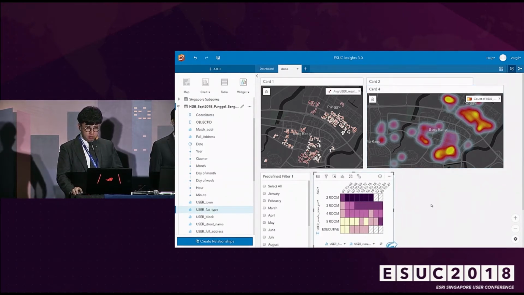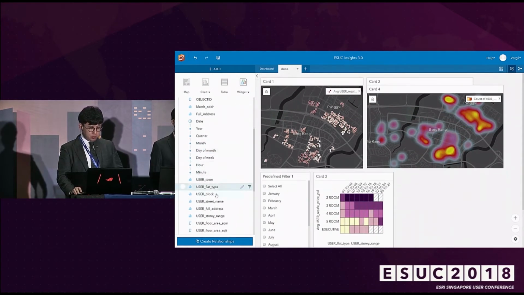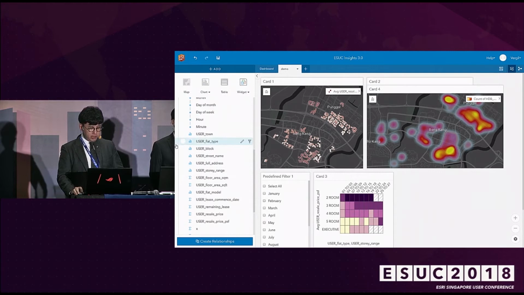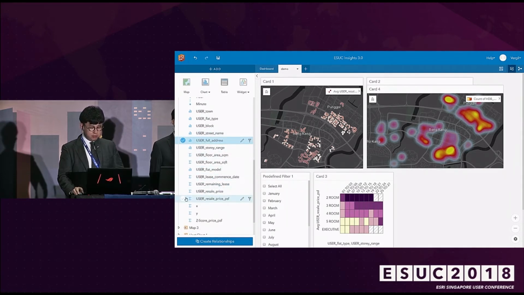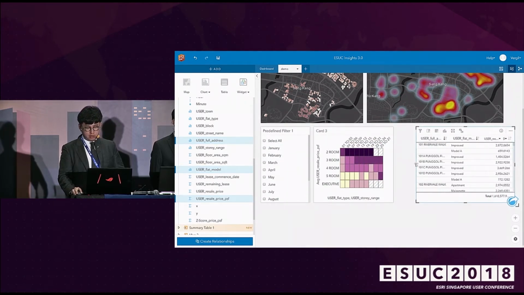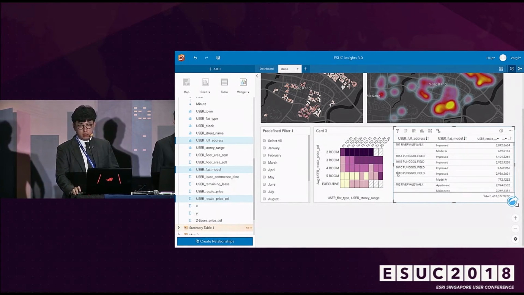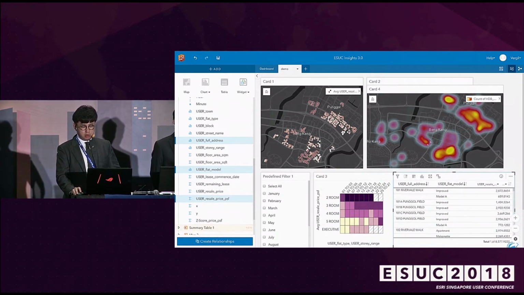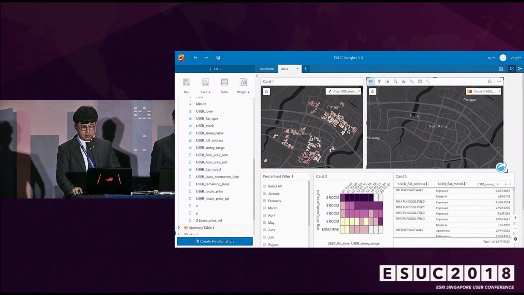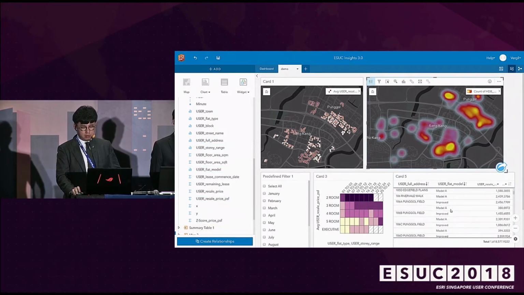So if you are still a very tabular person, Insight will still be able to help you look at your properties in a very Excel friendly way. What you can do is pick some specific attributes you want to look at, and the price. Then you can do a table. So this is very much the way we are accustomed to looking at data. And as you might have guessed, this will share the same interactivity capabilities as the other cards. If you want to examine your data in this way, you can still filter everything based on this.